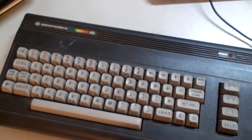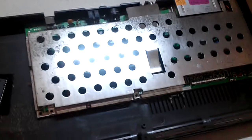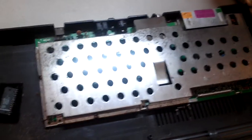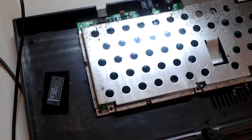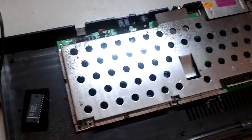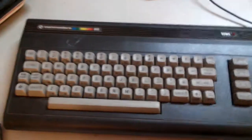It's got either a problem with the TED chip or the microprocessor, one of the other chips. I don't know. I got this, what is it, PLA chip, I think, and tried replacing it. It didn't help. So it's not that, as far as I know. So I want to use it for something else,